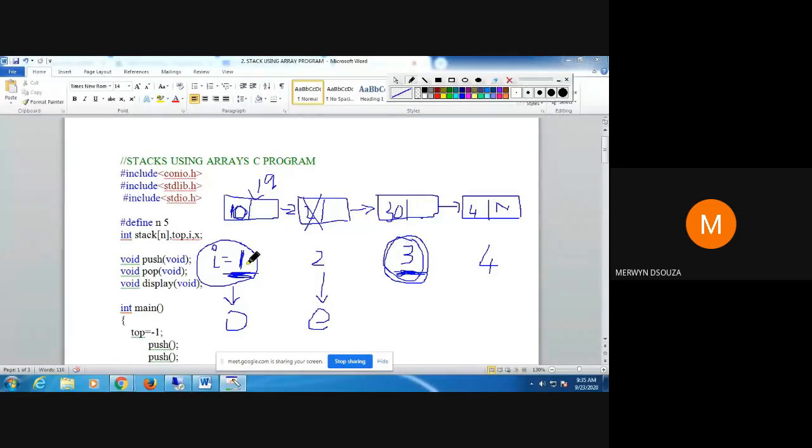So the first and the third nodes in this diagram that I have drawn for you, that sum would have been taken. So for example, it would have been 10 plus 30, and the sum of the nodes in the linked list would have been equal to 40. Do not check for the data part. I have not told you to check whether the data is odd or even. I have told you to find the sum of odd numbered nodes.